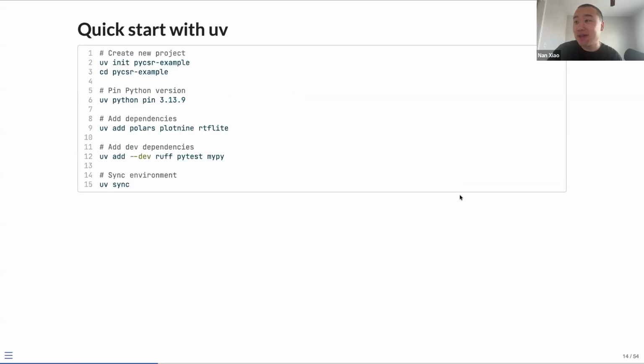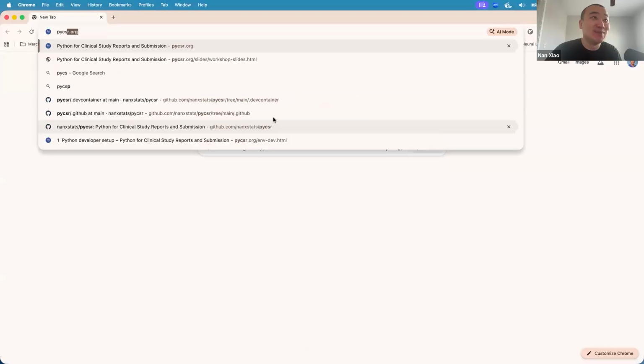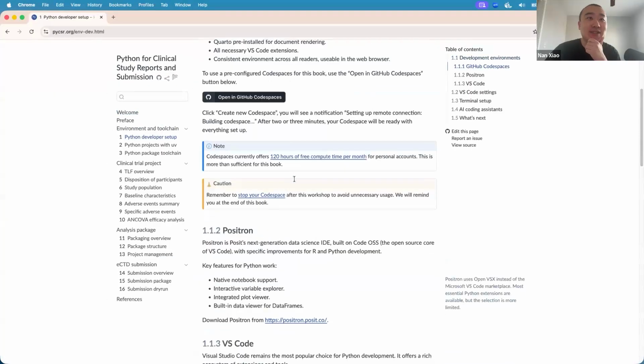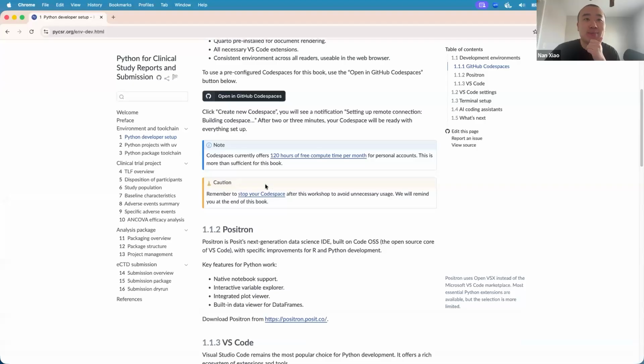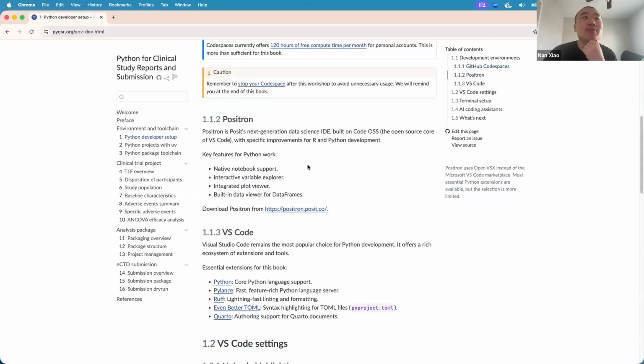And I think we can probably just go to the book chapters if that makes more sense. At this point, as you can see, we have some callouts here on stopping your Codespaces if you're using that once you are done.